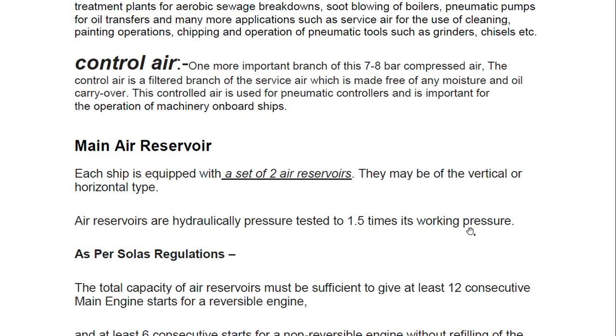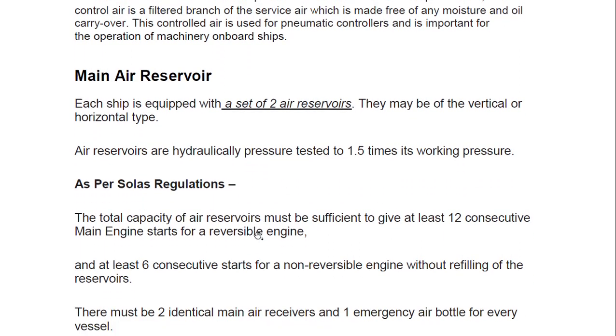So 1.5 times its working pressure we are testing it, the air reservoir. So as per SOLAS, what are the SOLAS requirements for this main air reservoir or the air bottle? That is a separate question, and that is very important. The total capacity of the air reservoir must be sufficient to give at least 12 consecutive